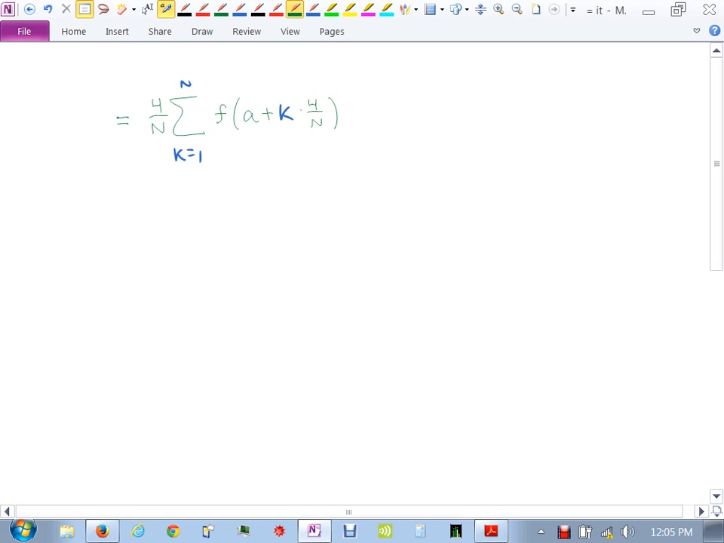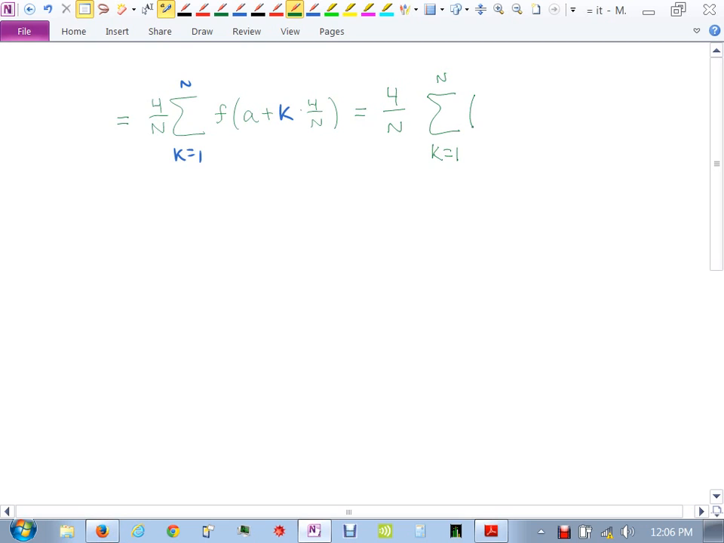Now, we need to be very careful. F of a plus k times 4 over n, that right there we can't do anything to unless we know f, right? We have to know what the function is to be able to do anything here. We know what that function is. It's x squared. So if I say take this and plug it in the function, I'm saying take that and square it, right? So I'm ready now at this point to get rid of the f and plug that stuff in